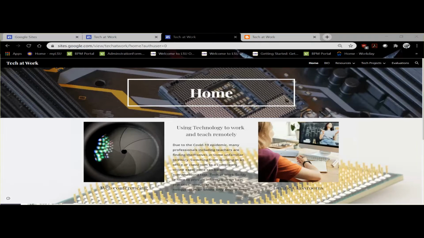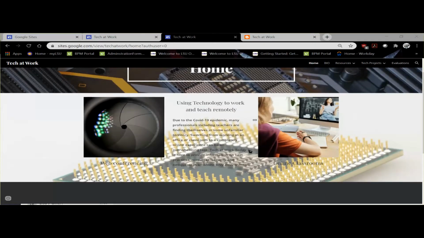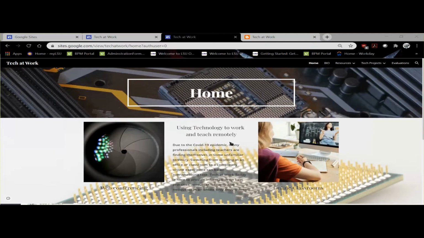The first page is the home page, and it gives us a brief description of the purpose of the page. First of all, this is going to be kind of an impromptu thing. I didn't come up with a script because I want my reactions to my own pages to be a little bit more natural. This is for the course ELRC 4507, and I chose to focus my topic on